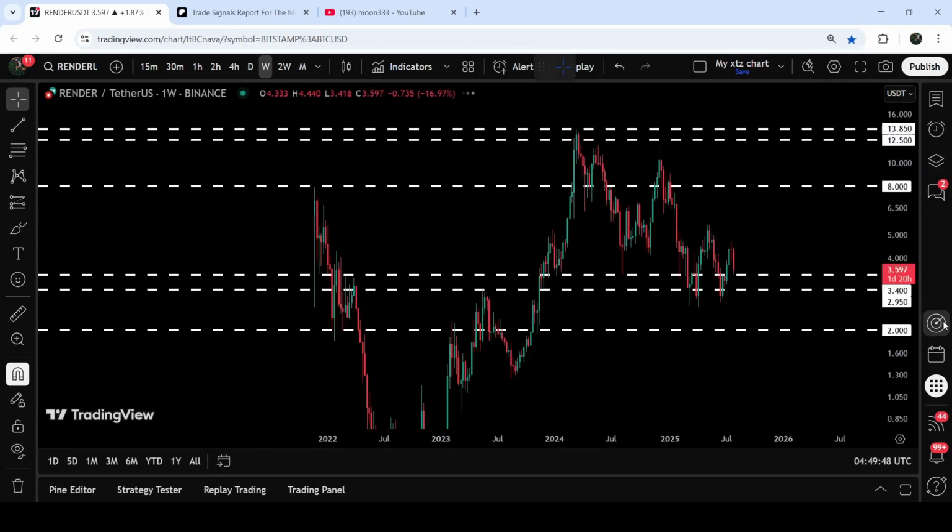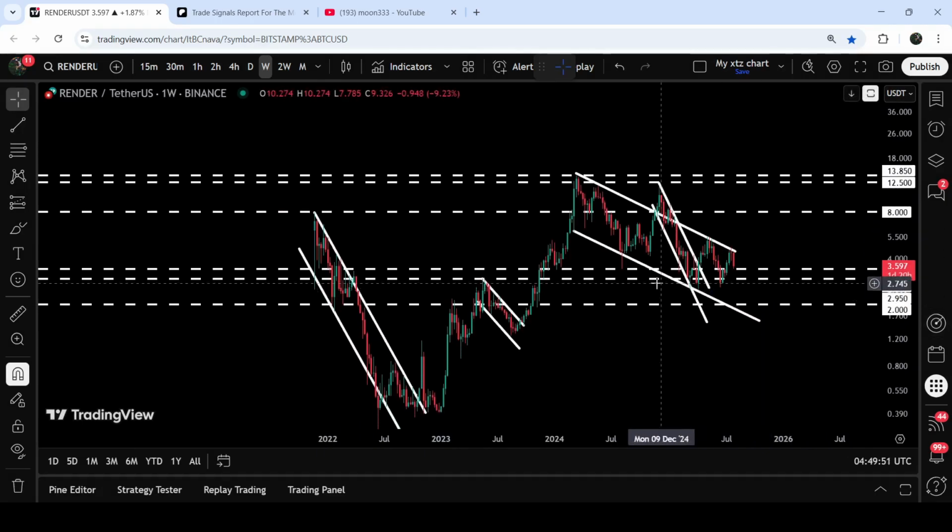If we take a look at the weekly time frame chart, then you can see that for the past several weeks or months, it is working as a support zone. We had a bounce here, another bounce here, another bounce here. Here we had a fake out and the price recovered back after the breakout from this channel. And before that, it had been acting as a resistance here and resistance here in the month of